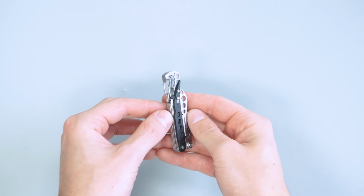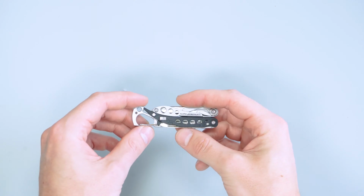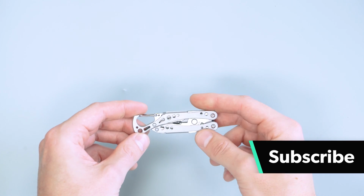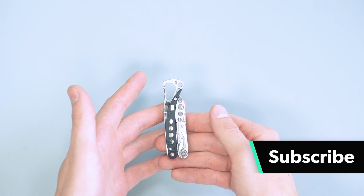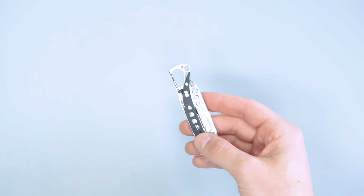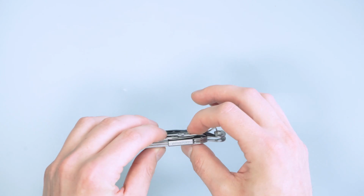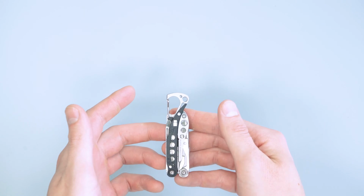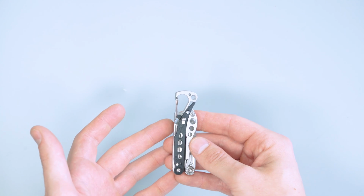This is a great little multi-tool, and most importantly, it is TSA compliant, so you can bring this on a flight with you. It's got a lot of different tools and a lot of different diversity than we normally see from a travel multi-tool. A lot of them will have a more flat profile, and you can see this one's a little thicker, but they'll only work a few tools in. I think this one works a lot of tools in, and actually useful tools that you would use on a